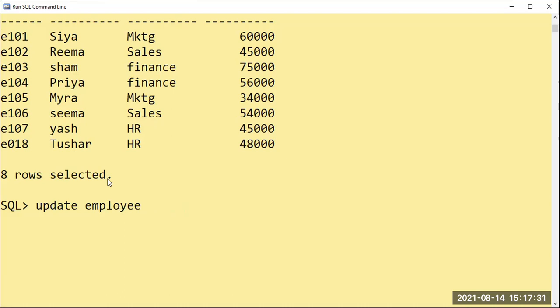So update employee set salary equal to, in single quote, ampersand salary. Why ampersand? It is our choice. Once the statement has been executed, at run time we are supposed to add the value here.